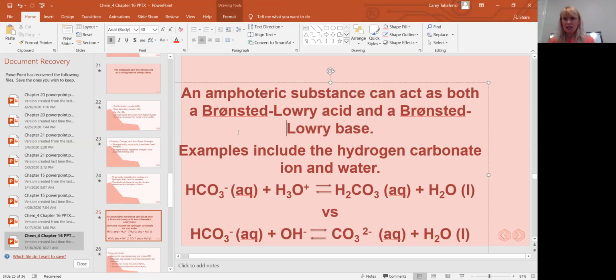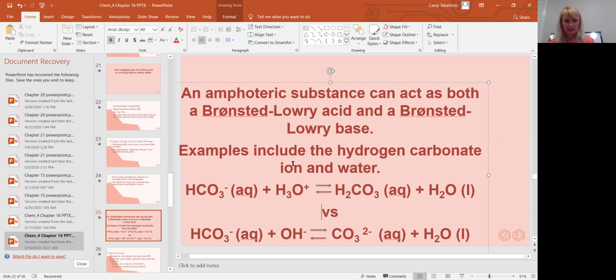The same idea is with these acids and bases. They can act as either. So an amphoteric substance can sometimes, depending on what it's reacting with, act like a base, and sometimes it can act like an acid. So that's what an amphoteric substance is. A couple of examples. Water would be one. Another one, which I've shown you here, is hydrogen carbonate. So the hydrogen carbonate ion,